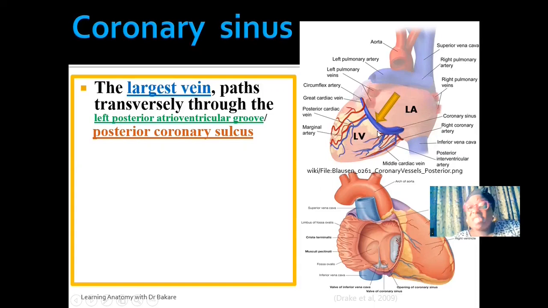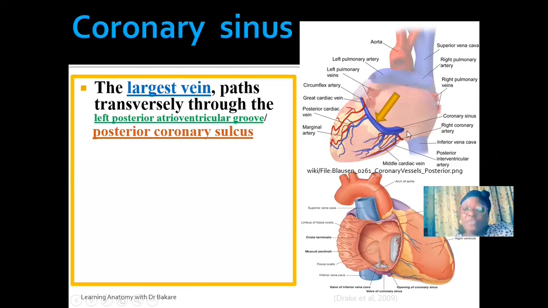In between these two chambers is where we have the left posterior atrioventricular groove, where the coronary sinus will pass through before it is finally directed into the right atrium, where the deoxygenated blood will be collected and further delivered to other regions of the heart. So this is where we have the coronary sinus passing through the left posterior atrioventricular groove, or the posterior coronary